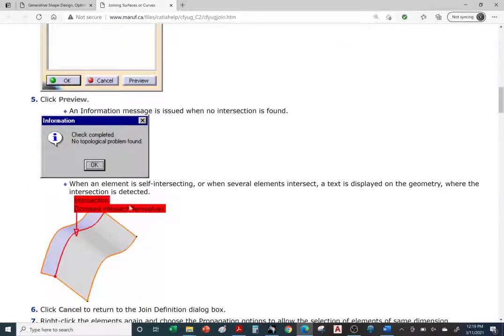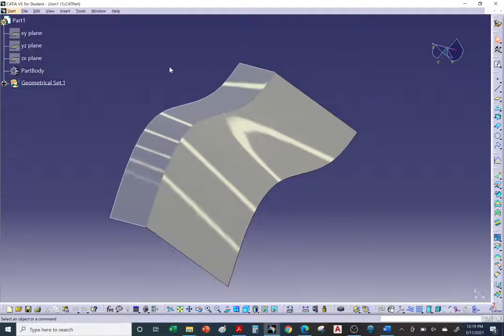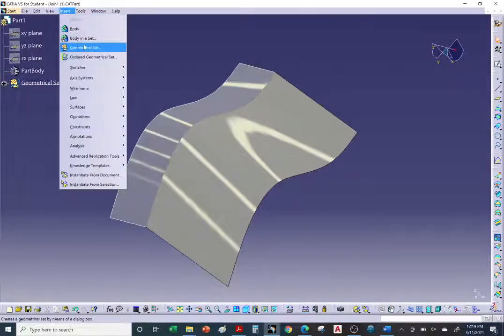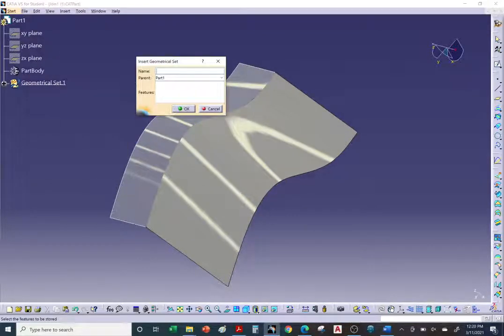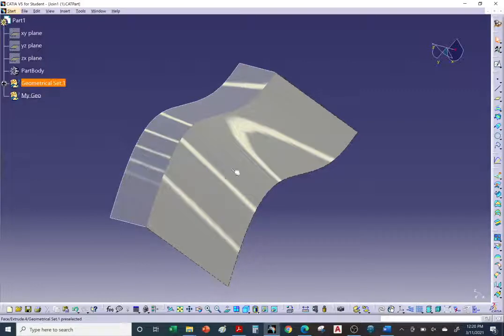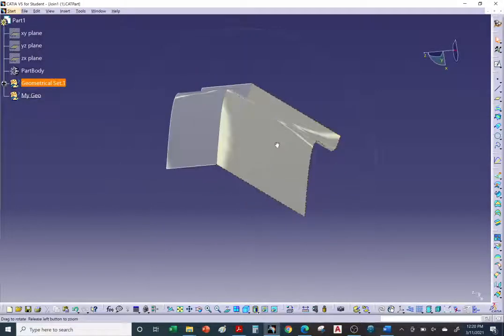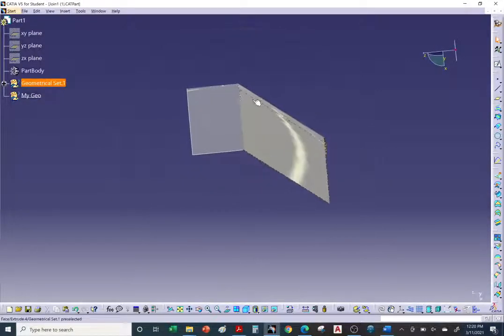Here's what I was looking for. We're going to analyze the surface. We're going to join it first and then do a quick analysis. Let's go back. Let me insert my own geo set. Okay, so I'm going to join these two surfaces, but one thing I do want you to notice is that when we join them,